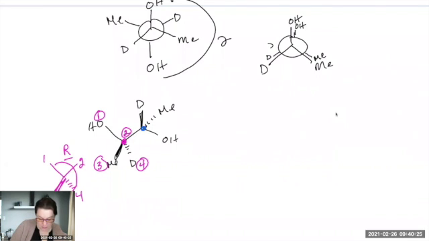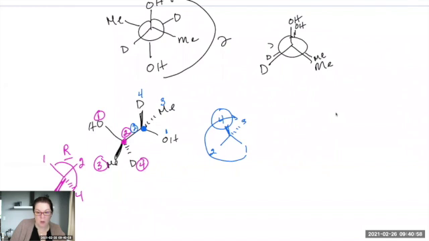Other side, we have the same groups. So we can say priority 4 goes to the deuterium, priority 3 to the methyl, priority 1 to the hydroxyl, and priority 2 to the other group. Good. So that one, 3, 4, 2, 1. I draw that off to the side. Lowest priority is in the front, so opposite rules apply. 1 to 2 to 3 would normally give us R, but in this case, it's opposite, so it gives us